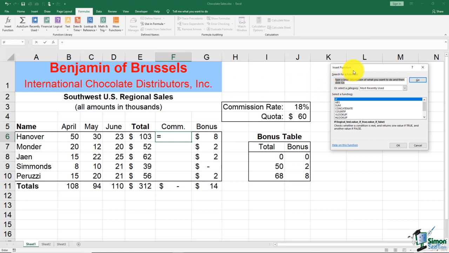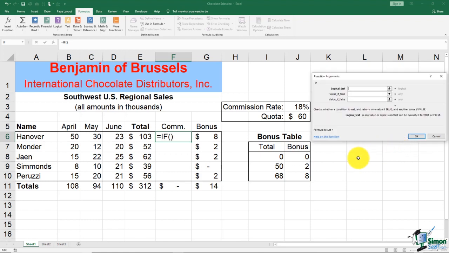In the insert function window, I'm looking for a function called IF. Remember that if you've recently used it, it'll show up on the most recently used. If not, you'll have to click on All, and then go down to where the I's are in the list and look for IF that way. But look at the definition. It checks whether a condition is met, which is the test I mentioned, returns one value if it's true and another if it's false. I'm going to click OK, and now we're in the function arguments, and there's the three things